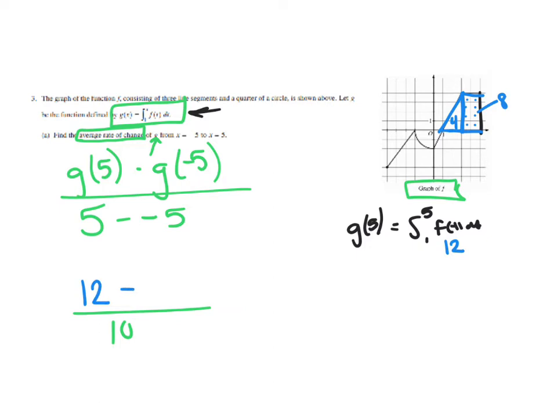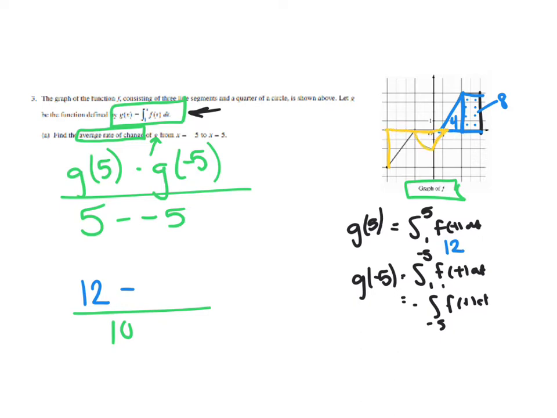Minus, now I need g of negative 5. So again, I'm just going to plug that into my g function, g of negative 5. So I need the integral from 1 to negative 5 of f of t dt. And now I'll notice that's backwards, so I'm going to negate that and flip those bounds. So from negative 5 to 1 of f of t dt. So if I look from negative 5, 1, 2, 3, 4, 5, till 1, I need this area to the